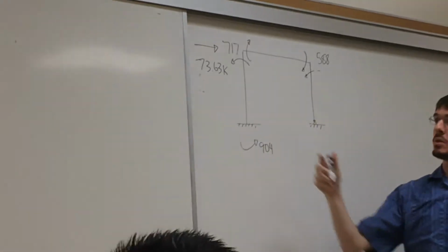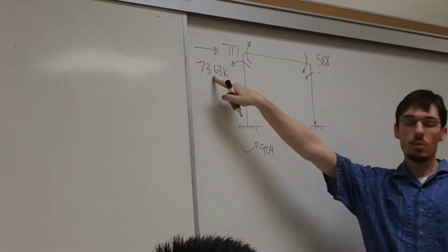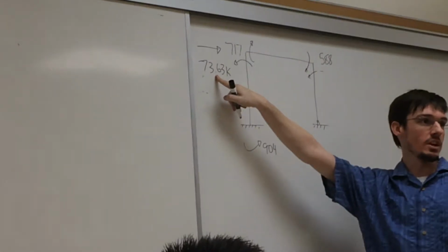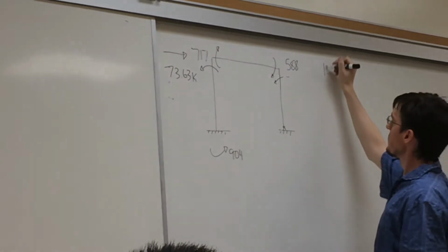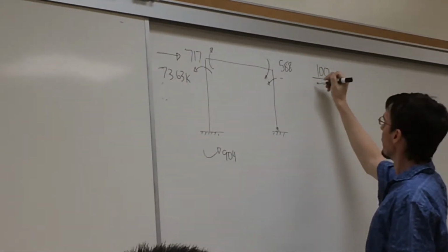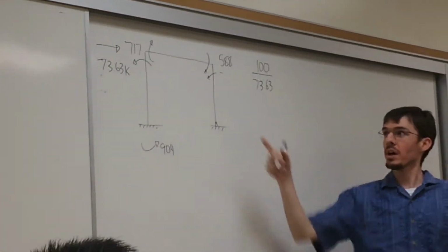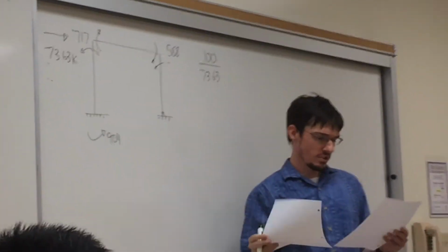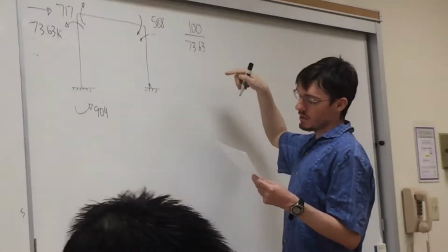Yes, we originally said we were applying 100 kips, but if we're using these moments, like this, we're ending up with a lateral force of 73 kips. So if we want the unit moment, you want to scale all these moments by a factor of 100 over 73.63. So then you multiply all these end moments, and that's what we saw if we did look at our table, where we said the unit moment